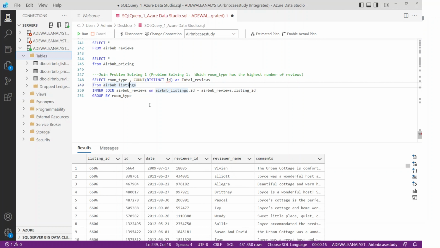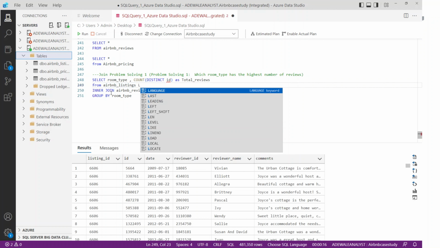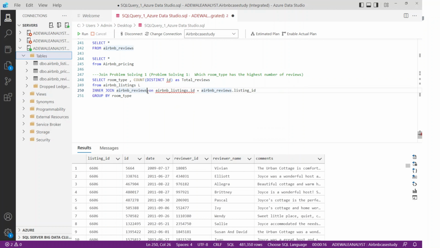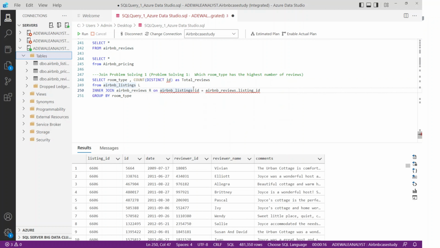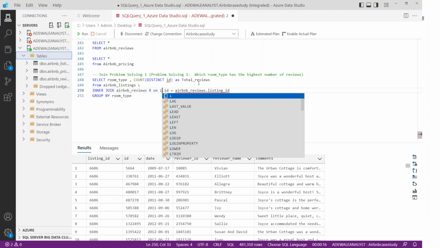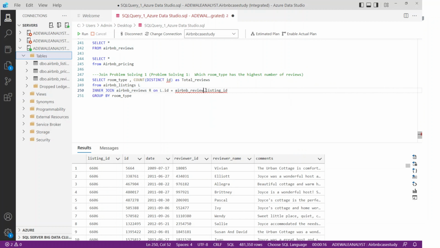So what I'm going to do is I'm just going to give these names. I'm going to give this L, which is the listing table, and I'm going to give this R, which is the review table. So technically, I can change this listing to L.ID, which is coming from listing, and I can change this review table to R.listing ID. Then here, I can also have R.ID, which is, I want to count the R ID from the